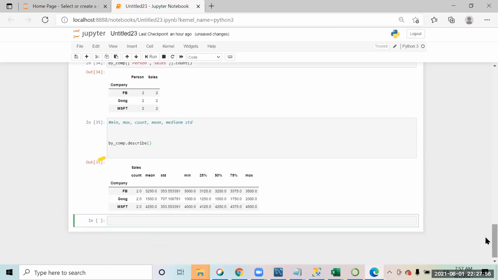You can see that for FB, it gives you the sales count, mean, standard deviation, minimum, the first quartile, second quartile, and third quartile. So it gives you that descriptive summary for the numeric variables.